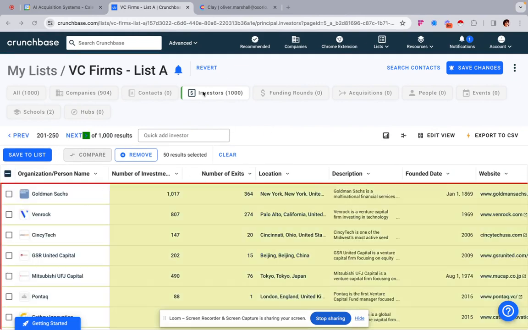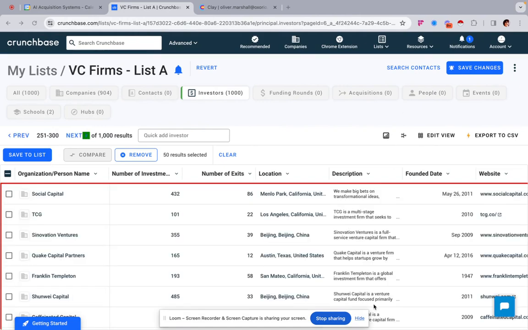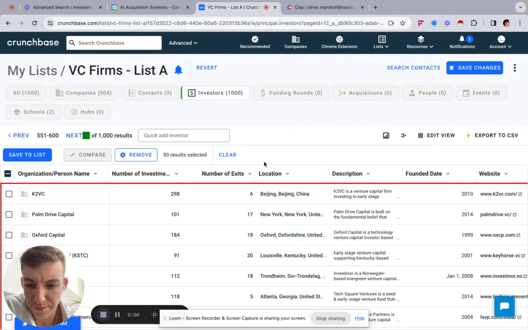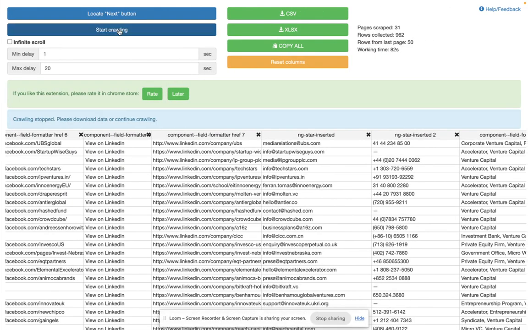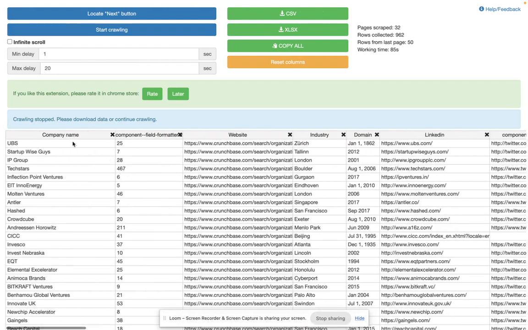And we want to leave it to do one full round. So I'm just going to pause if I can. I'm not sure what happened there, but it paused me. But either way, we've gone through the list. We're scraping this, so we're going to stop the crawling. And then you can see over here we've got, so I believe this would be the,